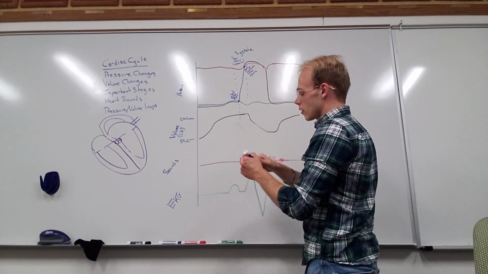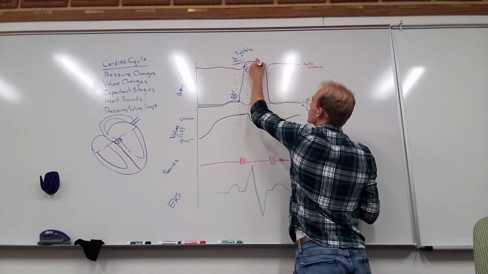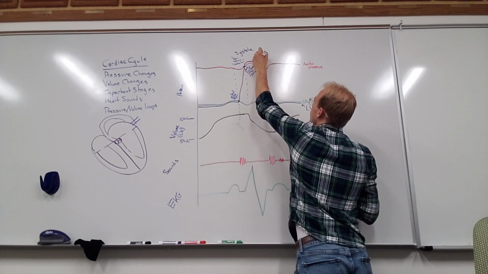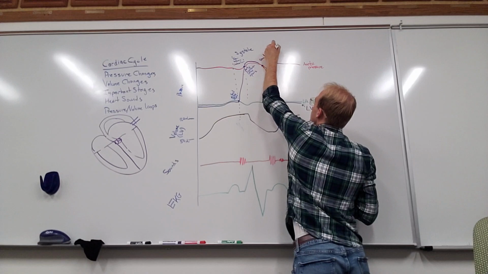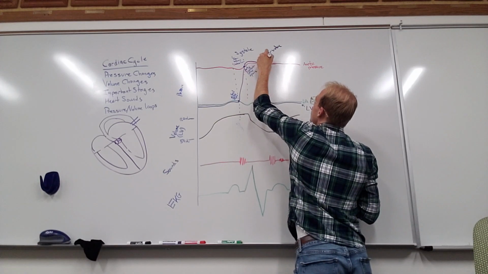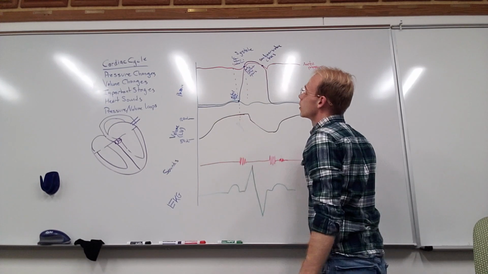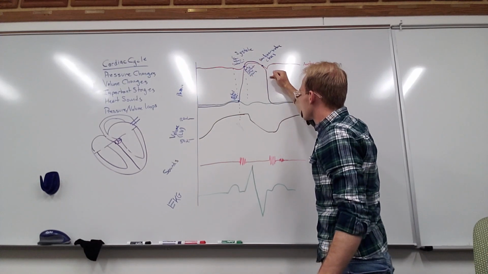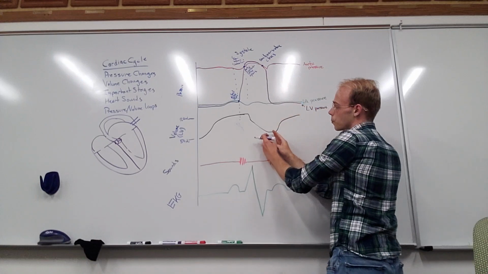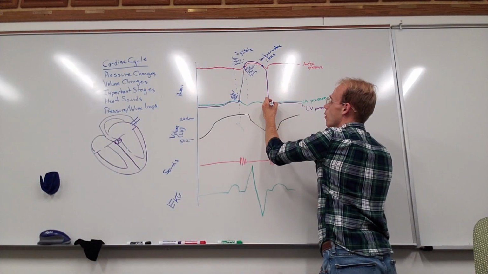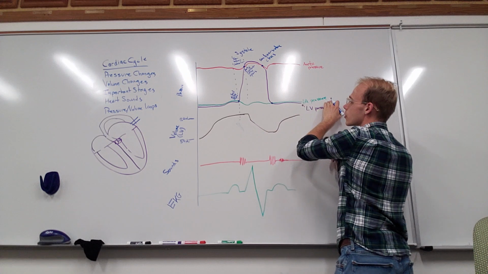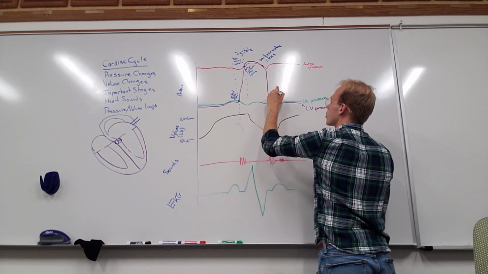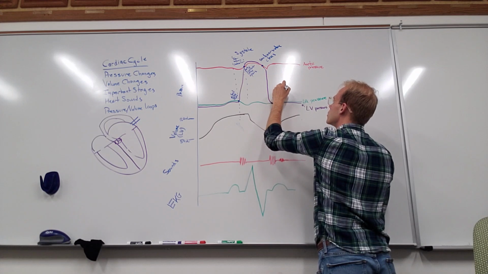And then at a certain point, the pressure in the aorta is going to exceed the ventricle. And so this is when our semilunar valve closes. So that closes, and then the pressure within the ventricle is going to drop because its pressure has dropped a ton. At which point its pressure is going to drop below the pressure within the atrium, and then that mitral valve is going to open. So we're going to write here, mitral valve